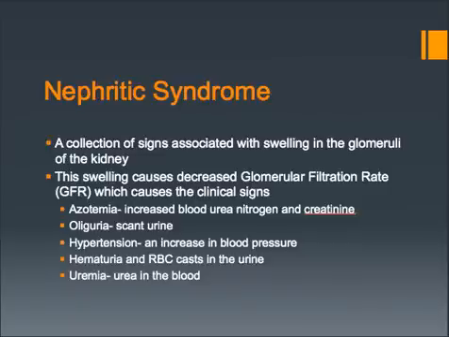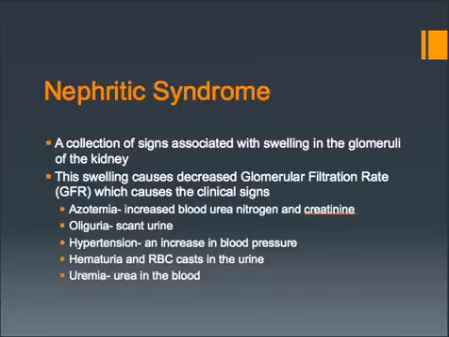The increased amount of fluid and byproduct remaining in the body causes an increase in blood pressure. Additionally, baroreceptors in the kidneys sense the decreased GFR and cause the body to increase blood pressure to try to increase GFR. Red blood cell casts and blood are excreted in the urine because the swelling of the glomeruli causes small pores in the podocytes to enlarge and allow these bigger molecules through and into the filtrate,